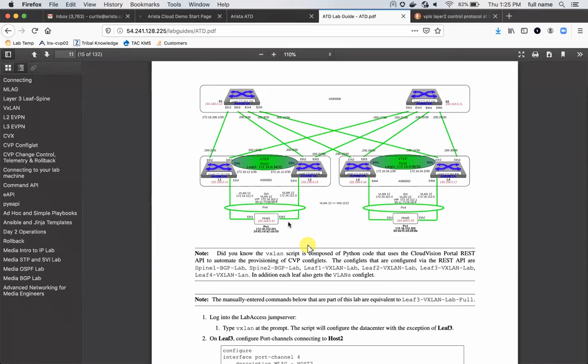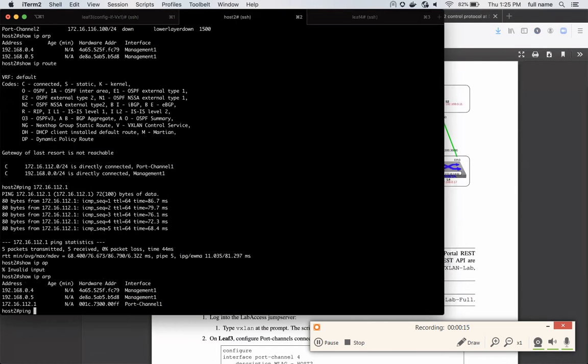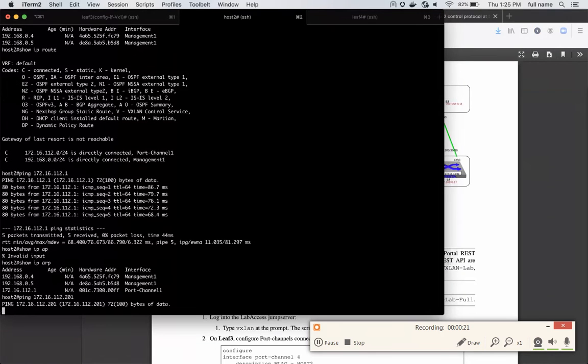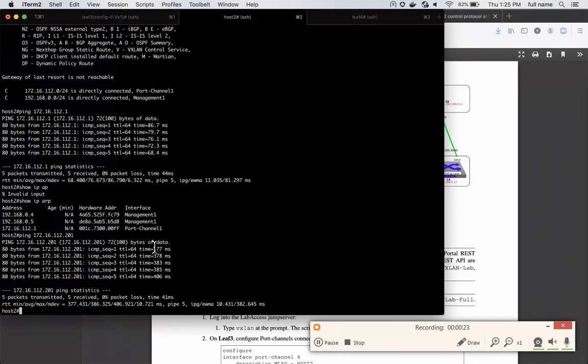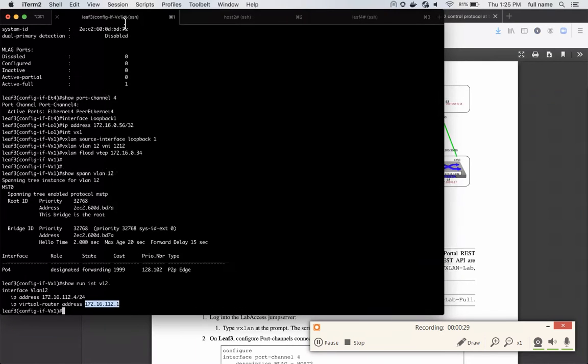The host in this first pod is connected to leaf switch 1 and 2, and its address is 172.16.112.201. We're 202, this host is 201. And when I go to reach that host, I have reachability. Now the latency is a little high because we're running virtual routers, and throughput isn't perfect, but